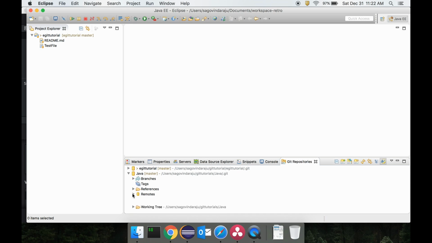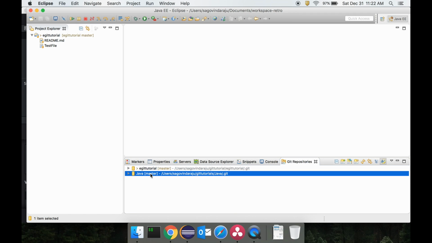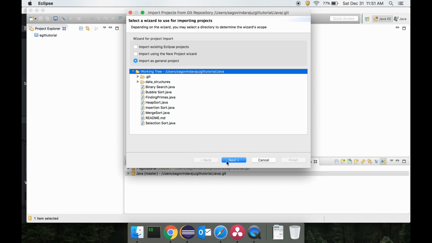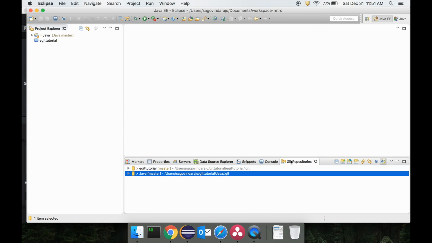So these are a few things that we will be noting down. I'll be coming back to this section to actually do a few things over here as well. So let's continue by importing the project and see what happens. So I would say import as a general project, Java project,